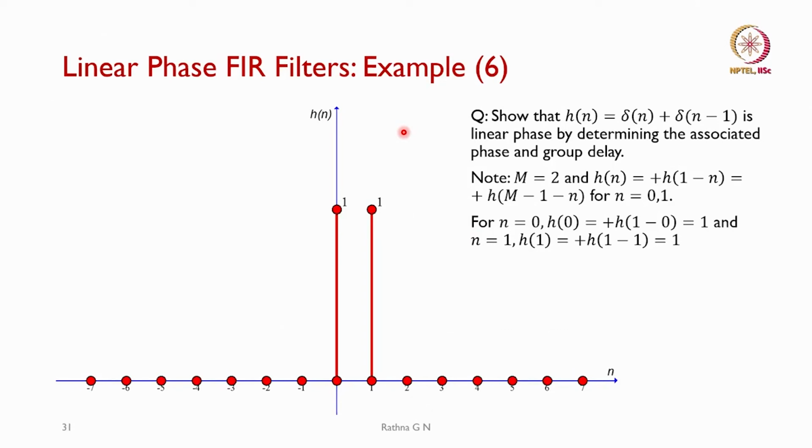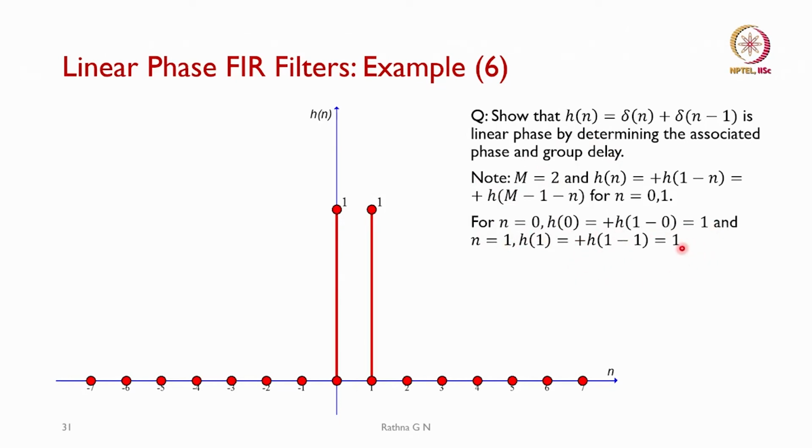We showed that the FIR filter for a high pass filter is linear phase. Now, it is your time to show that the low pass filter, that is, you have been given delta n plus delta of n minus 1 as the impulse response, that this also is linear phase. You can consider here also m is equal to 2, and these are the values. When n is equal to 0, it is going to be 1, and when n is equal to 1,